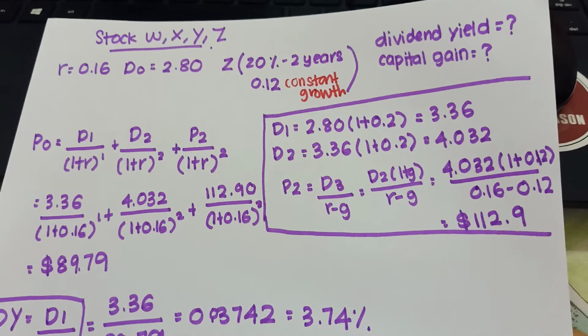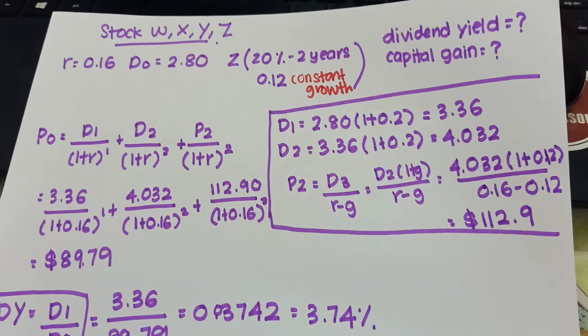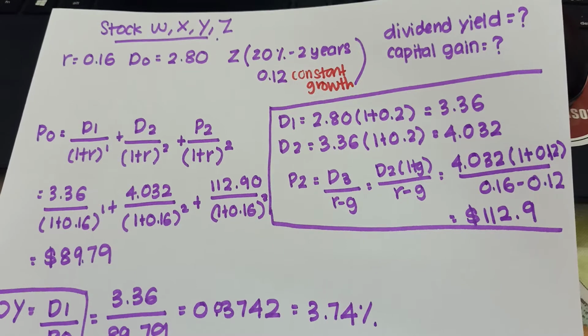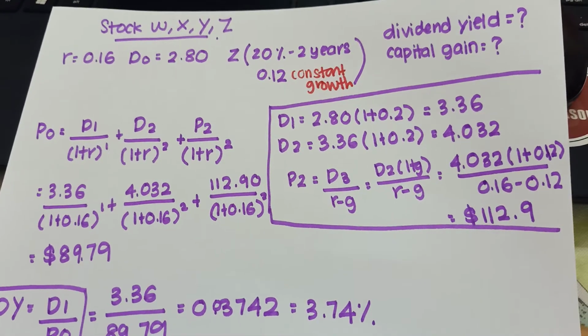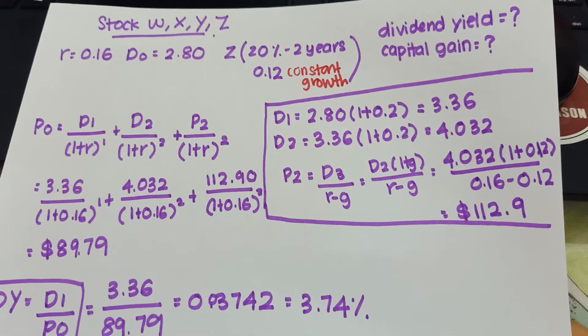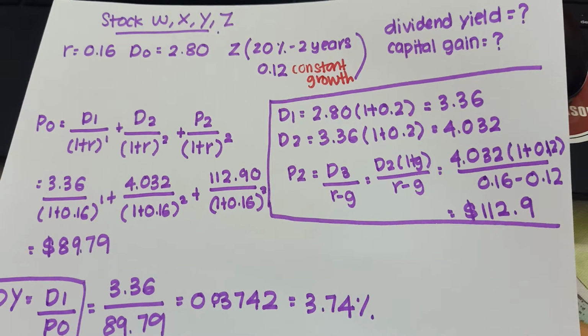Okay, so in this video, I will explain the last question, which is about the capital gain. In this question, they gave us stocks W, X, Y, and Z. You can calculate W, X, and Y by yourself because the calculation is similar to the previous question. But here, I just want to highlight stock Z, because in this question, they provide two types